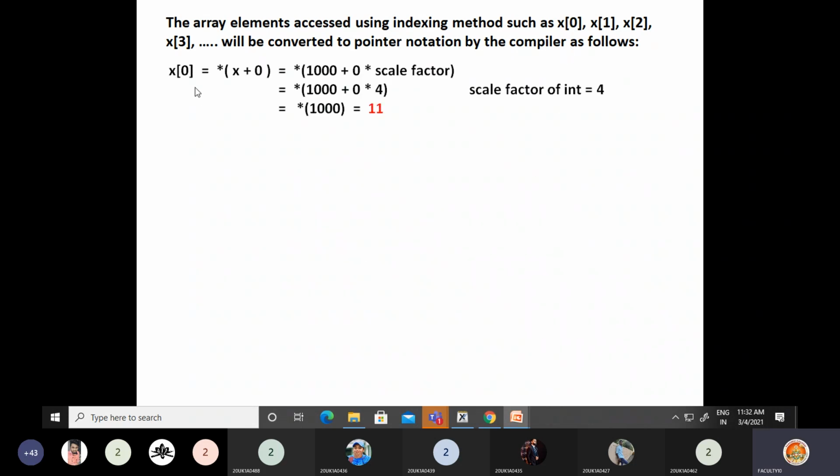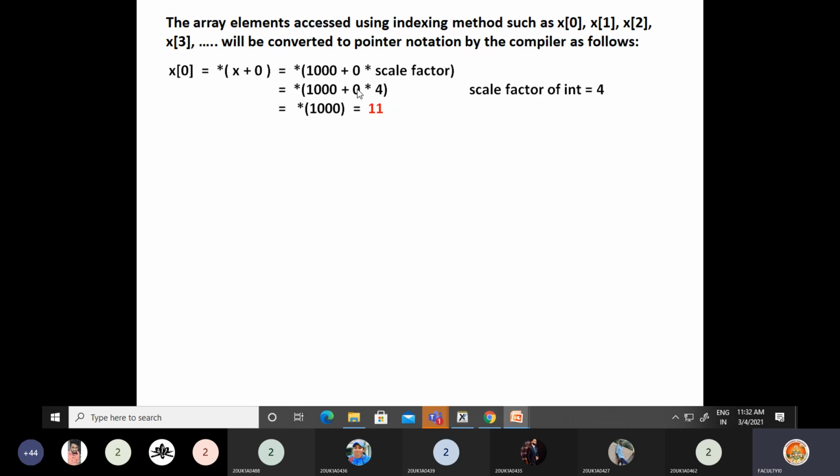So x of 0 means, when you say printf percentage D x of 0, internally it will be calculated like this. To the compiler, it is nothing but star of x plus 0. Please remember. So star of x, x means 1000 plus 0 into the scale factor it uses.